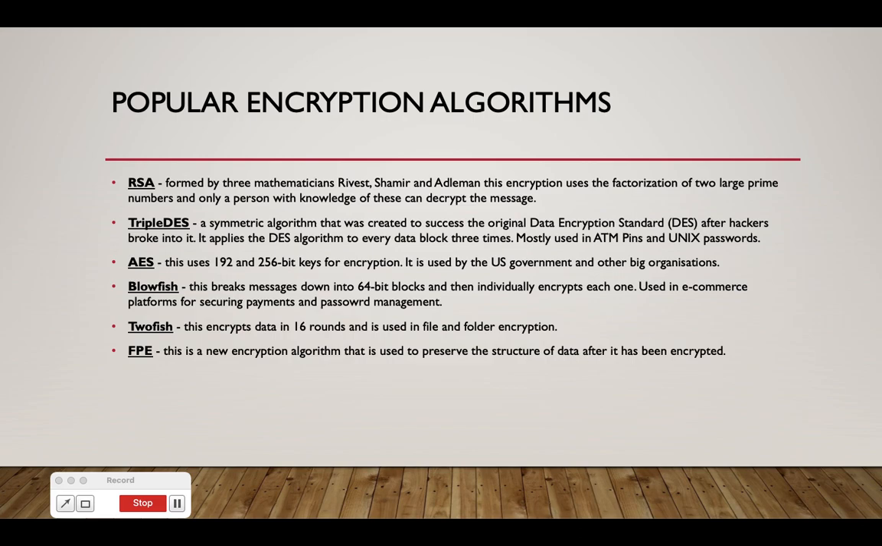Next, we have Blowfish. It breaks down messages into 64-bit blocks and then individually encrypts each one. It's mostly used in e-commerce platforms for securing payments and password management. Next, we have Twofish. It encrypts data in 16 rounds and is used in file and folder encryption. Next, we have FPE. It's fairly new, and is used to preserve the structure of data after it has